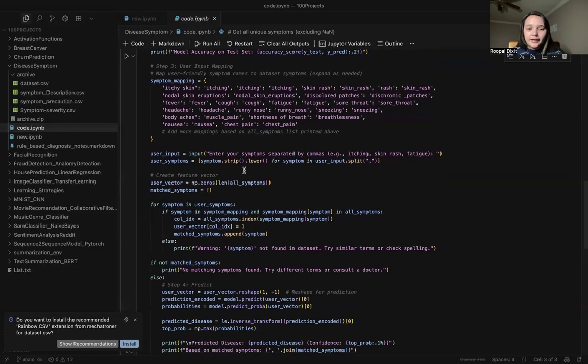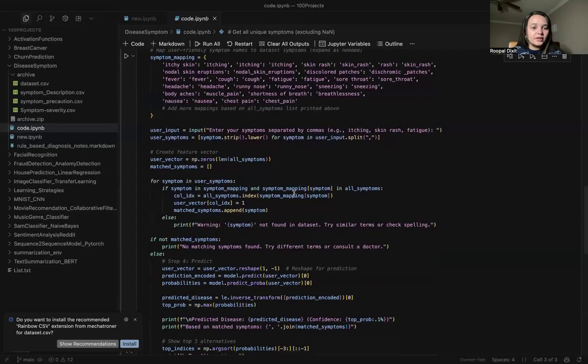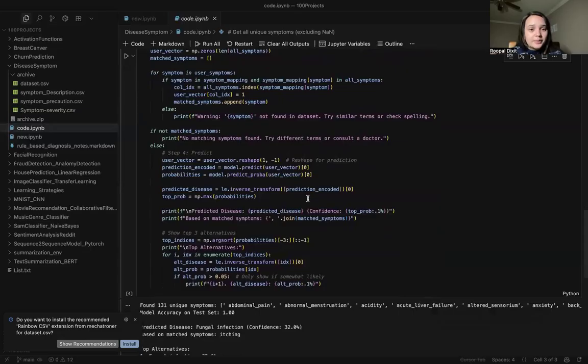Now you are saying, enter your symptoms separated by commas. You can write itching, skin rash, fatigue, and so on. Then the vector is generated on the basis of that, and matched symptoms are generated. This is rule based, where I am telling it these are the rules, so you don't have to predict beyond it. You just have to see whether you are able to predict it properly or not.